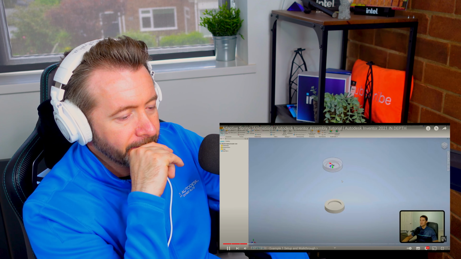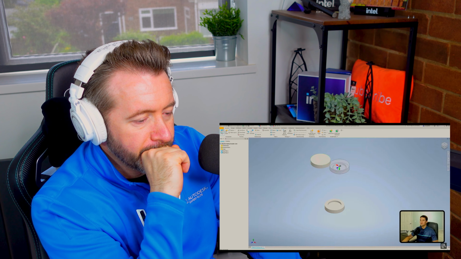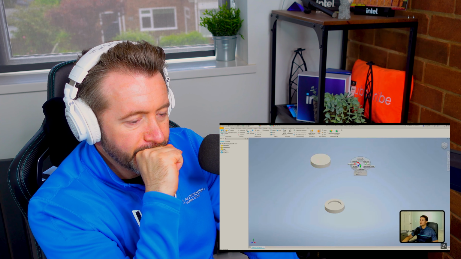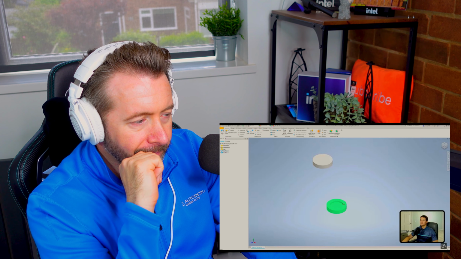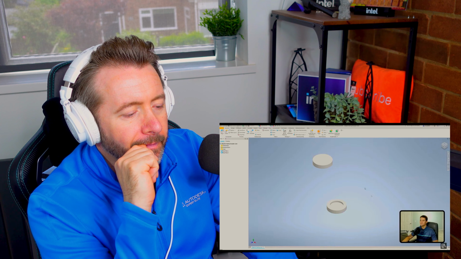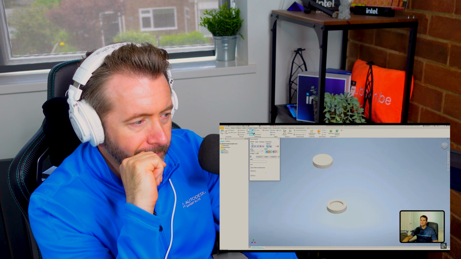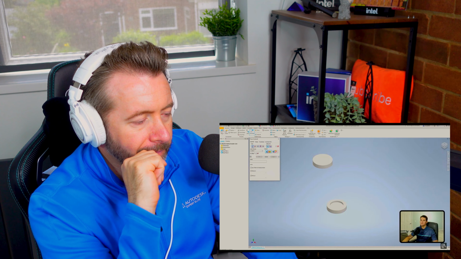We'll do that twice, and then let's left click to drop it anywhere. Okay, and once we do that, we'll right click to go into our marking menu and click OK. And there we go. Now we need to create a mate between these two components to get them aligned vertically. To do that, I'm going to go up to Constraint, and I'm going to use the mate variant up here